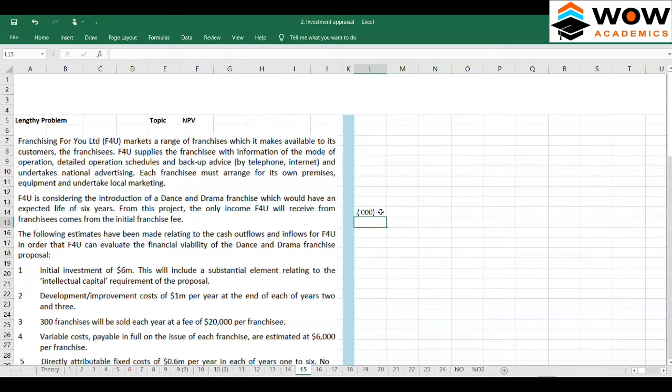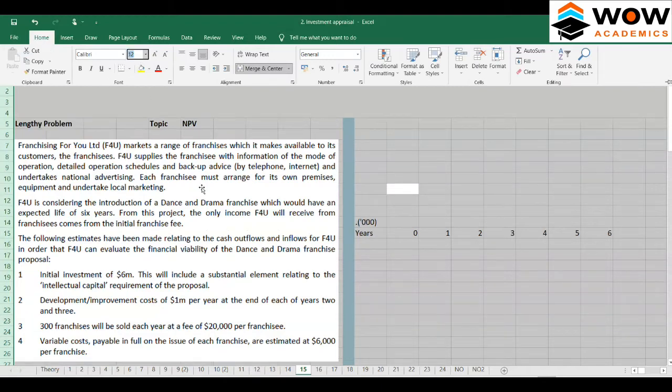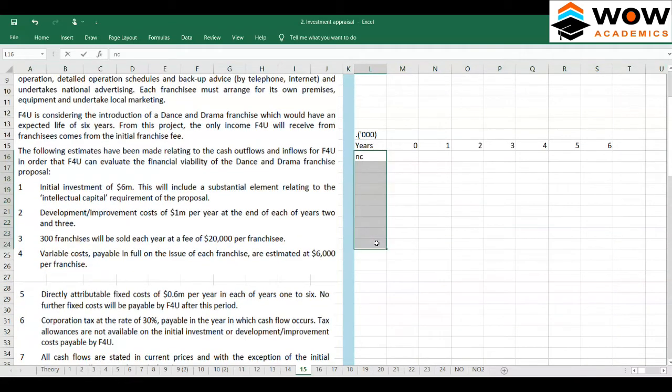We'll work out like this and we'll start with the years. So years we'll put on this side. We have done all the sums using years on this side, but as this is a lengthy problem, we have to put it on this side. It starts from year 1, 2, 3, 4, 5 and 6 because the life of the project is 6 years, so it has to go up to 6 years. So the first one is the income, so we'll put it here.